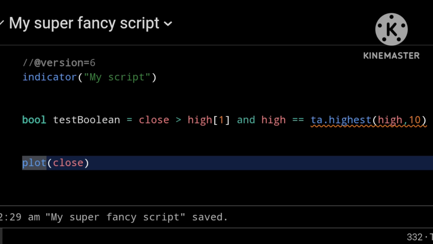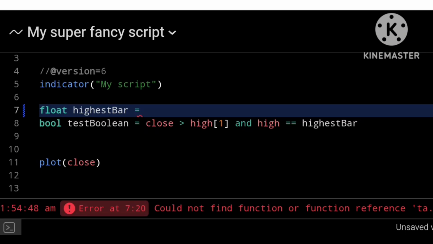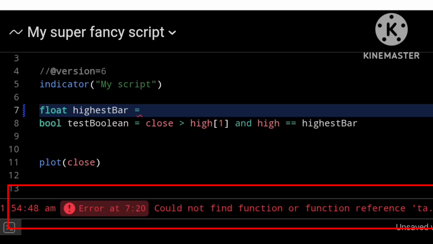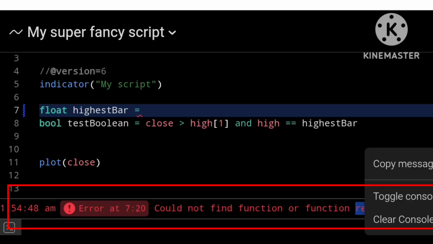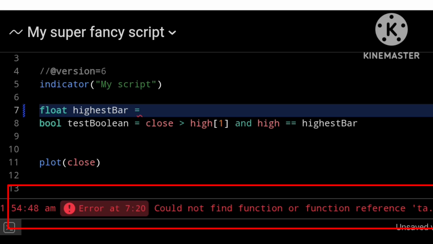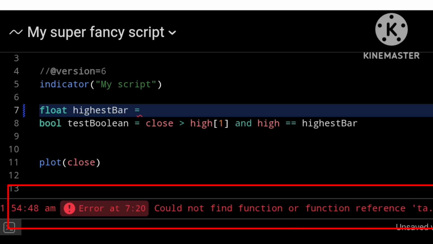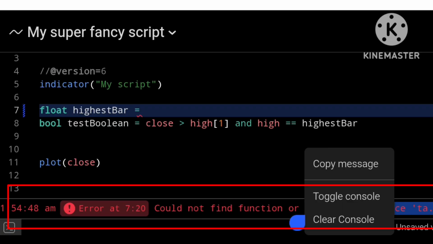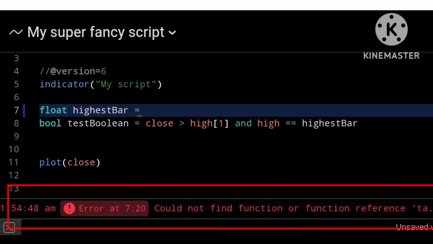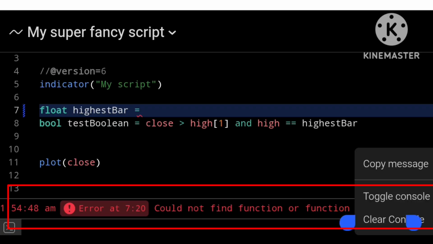In version 5, both of these checks would be run simultaneously, regardless of whether one failed. In version 6, this function no longer gets run on every single bar. It only gets run on bars where the close is higher than the previous bar's high, which means this function will start giving incorrect values on some bars.